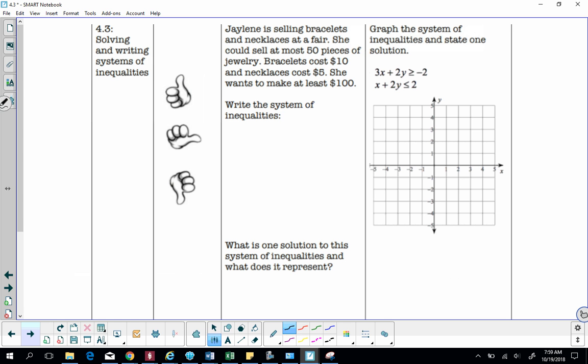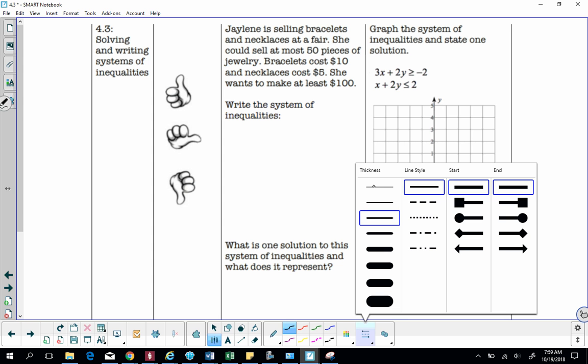And then here are your 2 check for understanding questions in your packet. The first one says, Jaylene is selling bracelets and necklaces at a fair. She could sell at most 50 pieces of jewelry. Bracelets cost $10 and necklaces cost $5. She wants to make at least $100. And so